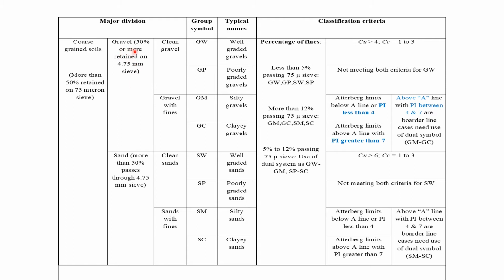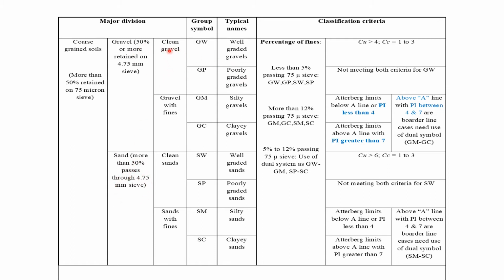If more than 50% is retained on this 4.75 sieve, that soil is called gravel. And if more than 50% of this soil is going to pass through this 4.75 mm sieve, that comes under the sand category, right? अब ये दो पार्ट में हो जाता है, 50% से अधिक रिटेन कर गया तो उसको हम ग्रेवल कैटेगरी में रखते हैं, और 50% से अधिक पास कर गया तो उसको सैंड कैटेगरी में।